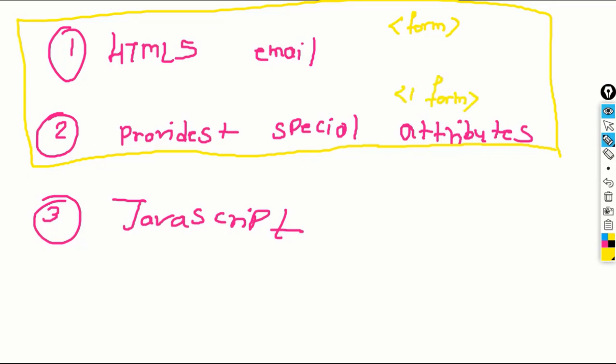The reason is, on click of the submit button, the validation process starts. And when we use JavaScript, that process I will explain when we learn JavaScript. Okay, now let's move on.